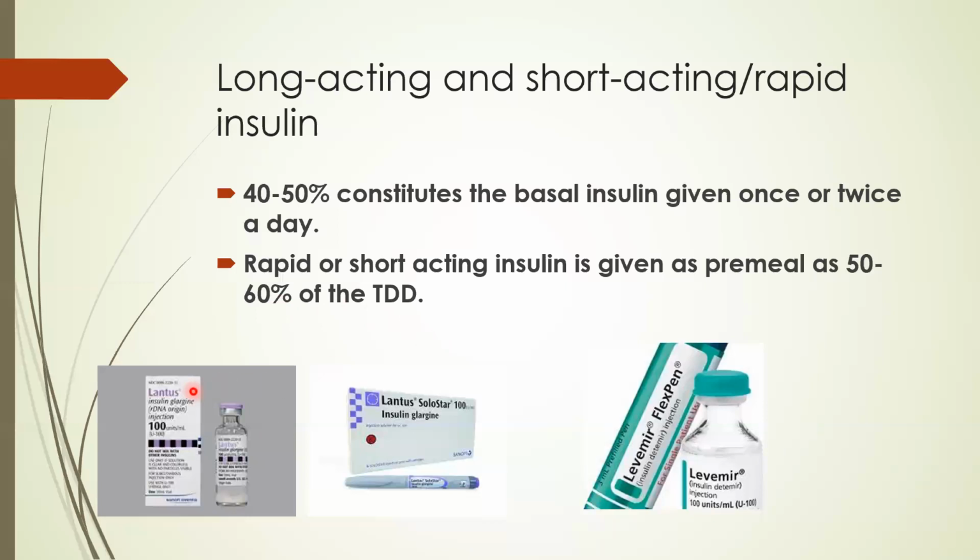So these are basically just examples of the long-acting insulin that we have. I believe we have come across the insulin glargine, or well known as Lantus, the brand. We also have Levemir, that is detemir injection. So usually 40 to 50% of this will be basal insulin, and then you will combine it with either rapid